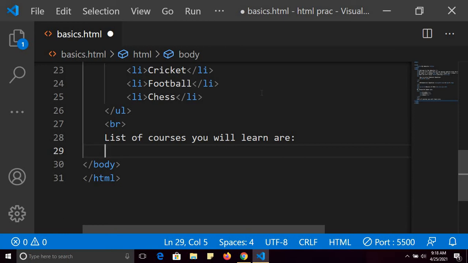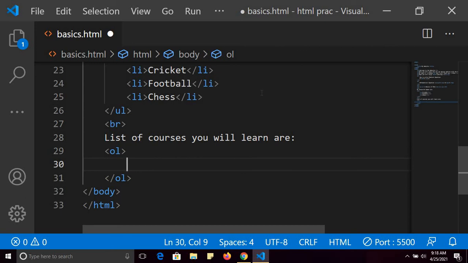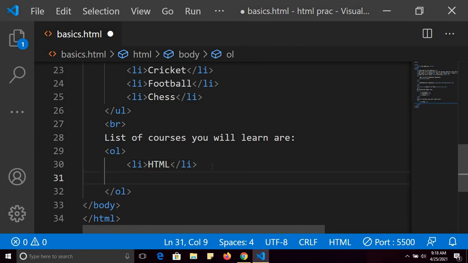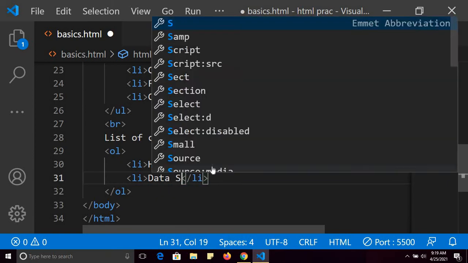Ordered list means, for example, if you want to show the output in numbers. For ordered list you have to use OL. For unordered list you have to use UL. And similarly you can use LI, list item. So the various courses that you will learn, LI, just data structures.